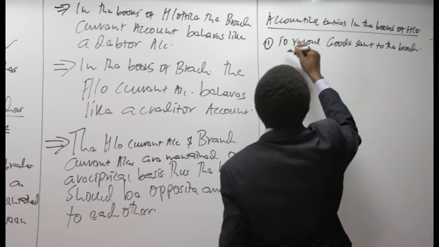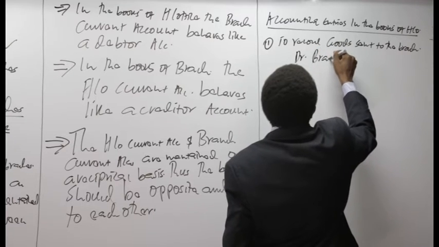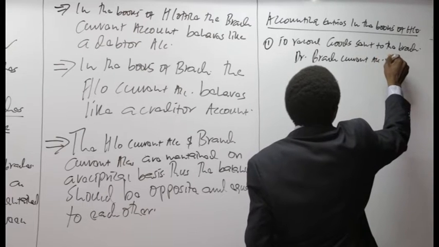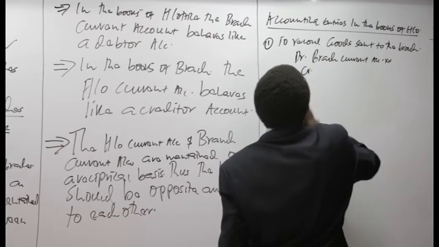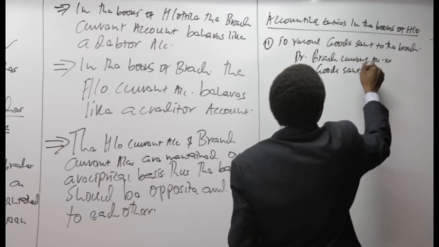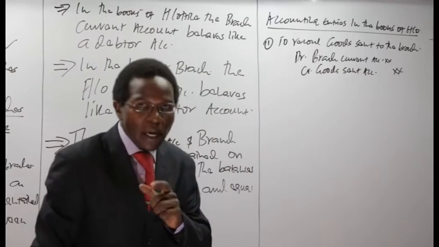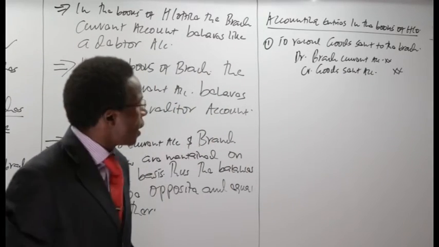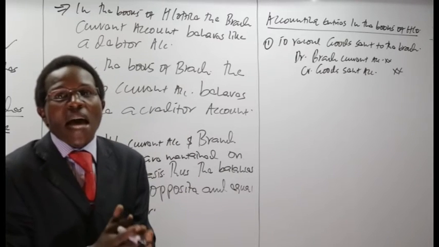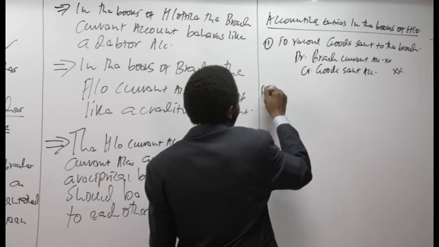So we come and say, debit branch current account, then we credit the goods sent account. Remember, not at cost, but at a cost plus a markup. In that case, you also need to remember that the goods sent account is a revenue account. Fine. Then we come and say number two,